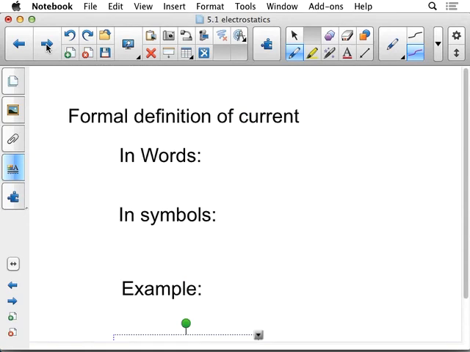Okay, so we've talked about current and what current means in a sense, right? And examples of current. But now we need a formal definition of current. We said that current is basically the amount of charge. And I would say net charge, because you might have both positive and negative charges, but they will cancel out, right? Okay, so the amount of net charge flowing